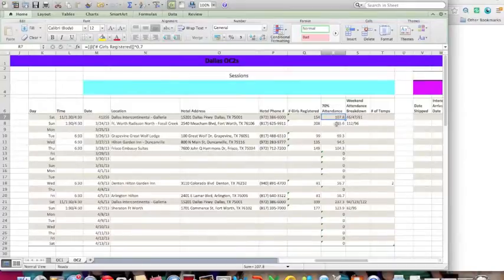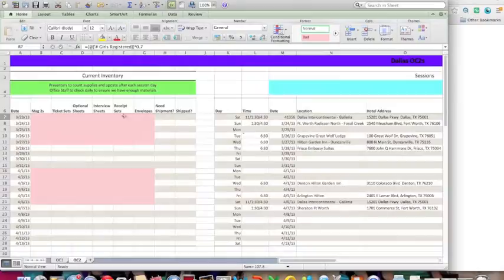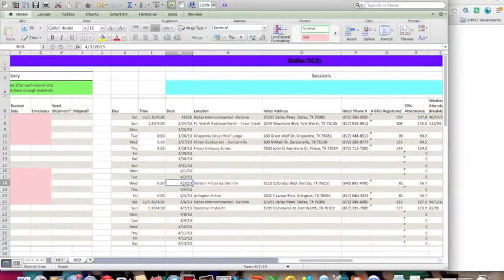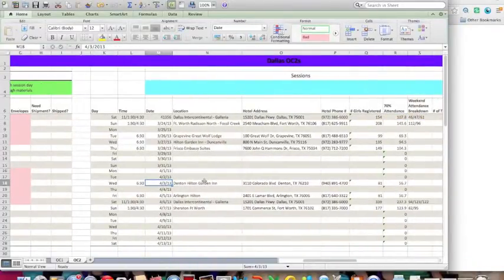We have 3 sessions, but this is for the total attendance, and then we have the actual breakdown for each session next to it, because this chart right here is tied to our current inventory. So it's going to show up red if we don't have enough materials for the next 2 days. So for example, we're about to do this Denton session here, and we see that we have 56.7 girls attending